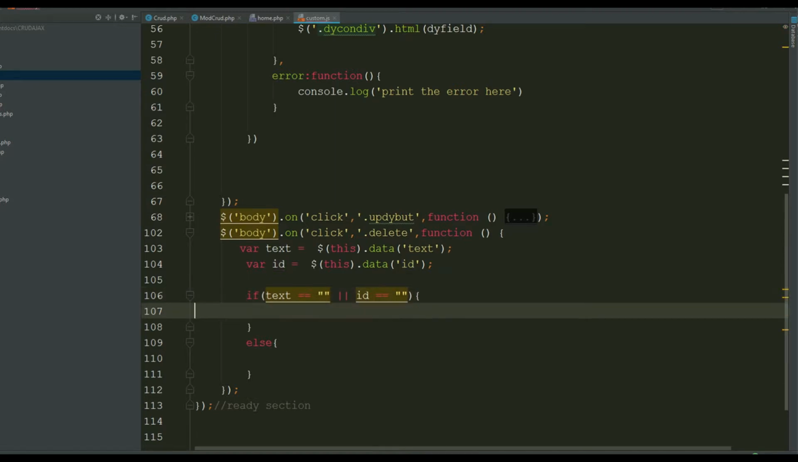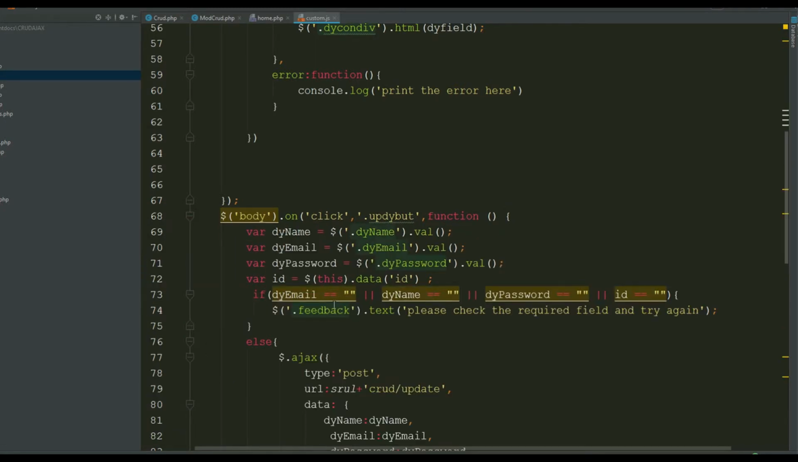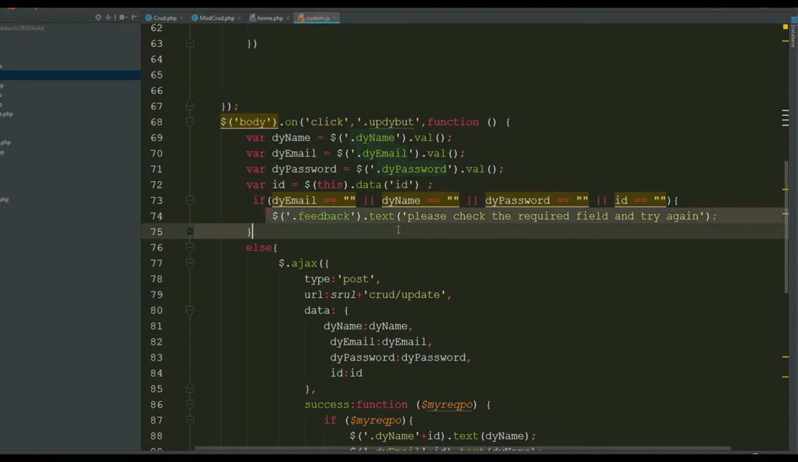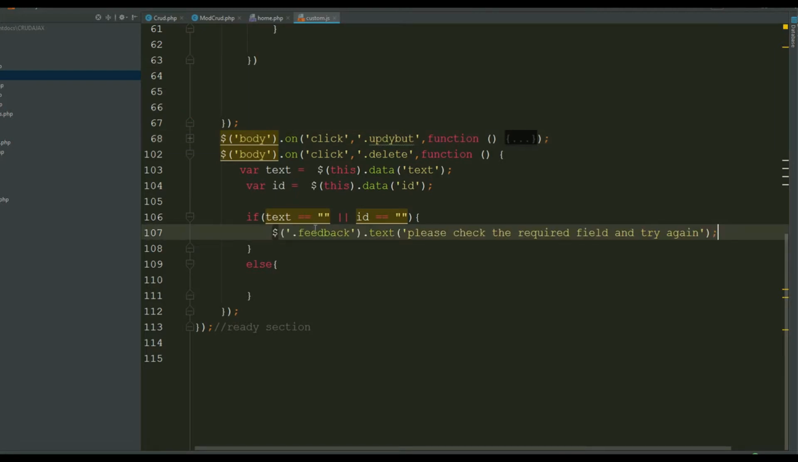This is the basic validations. I'm making sure I'm saying this is the basic validations, because it's a beginners series, so that's why I'm using the basic. If the fields which we are fetching the results from, text or our ID, if some field is empty, we are sending the error, and we are showing this error inside